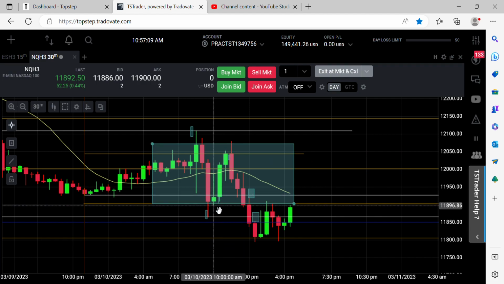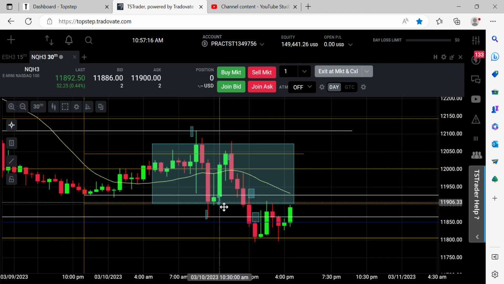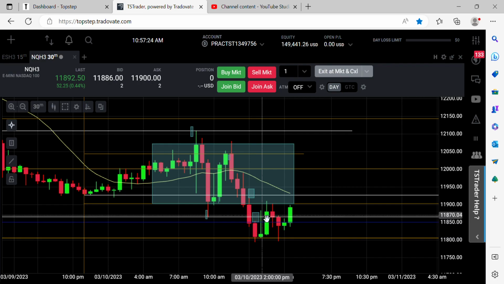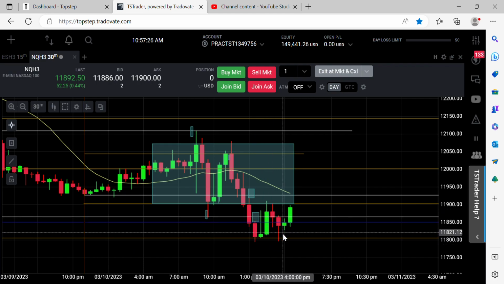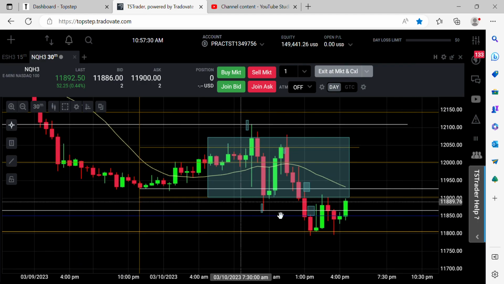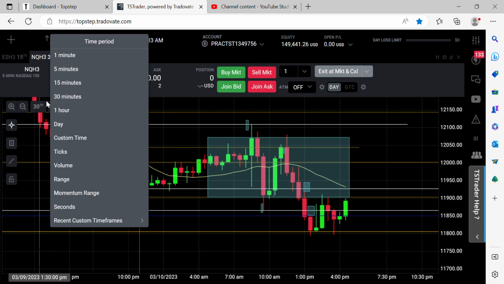Unless you went long there, off that pull down, but yeah, you probably could have taken a long there. This area here, you're feeling semi-good, wick down. Yeah, now 30 is pretty ugly too. So the day to trade this probably would have been